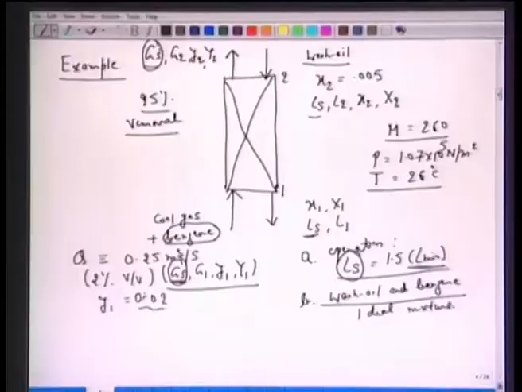Whatever the quantities are given, we write down. 2% volume by volume, so we say that y1 equals 0.02. The benzene oil, which comes from the top, the wash fluid, contains a certain amount of benzene in mole fractions, so we have 0.005 there. The volumetric flow rate is given to us, Q equals 0.25 cubic meter per second. So we mark all these points, whatever is given to us.